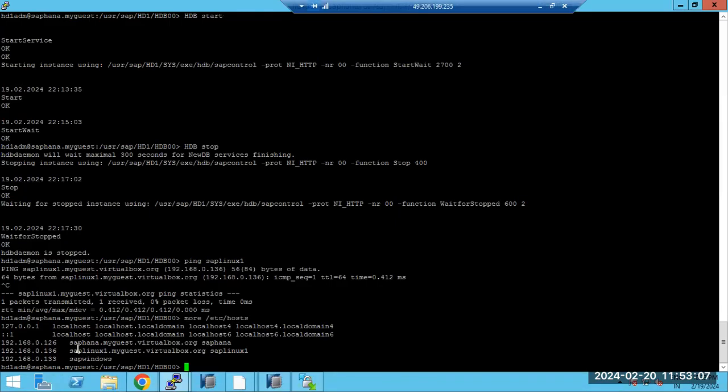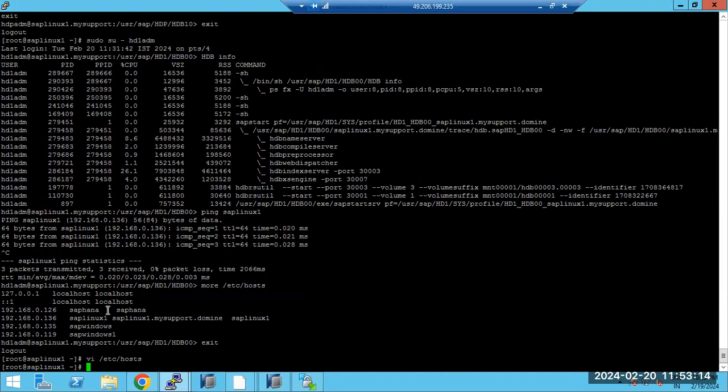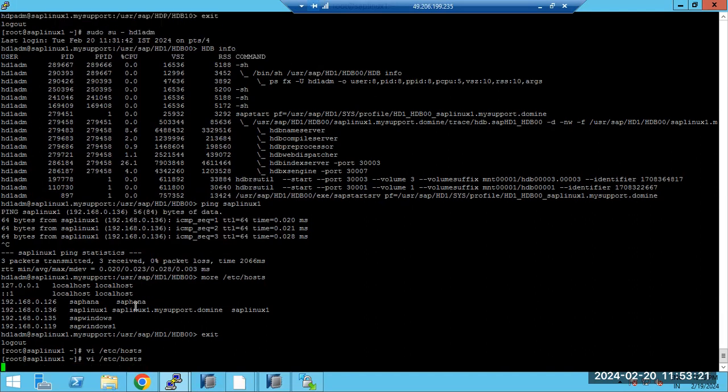So here, SAP HANA, 120C 136, here only SAP HANA. So yeah, let's maintain this one, slash etc slash